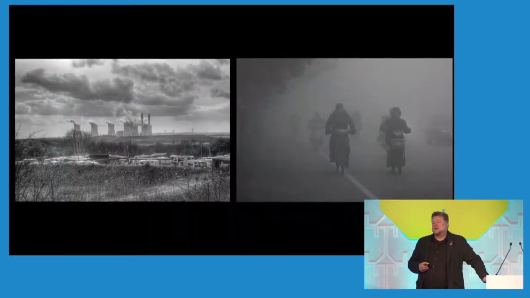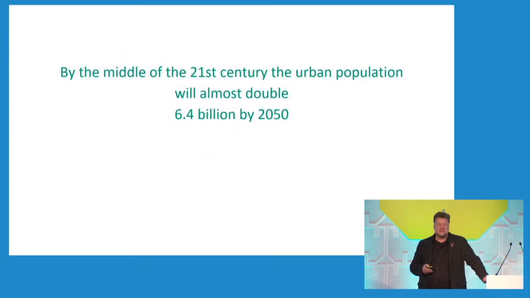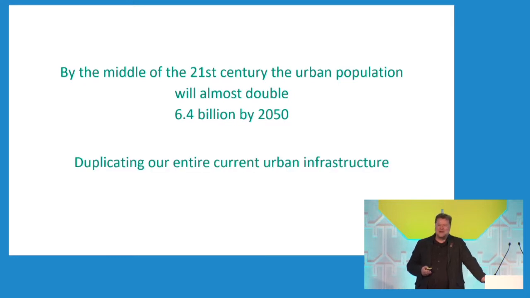So in the middle of the 21st century, the UN expects that population will increase by a third, but all of that is within cities. So it actually means that we will double the population of cities by 2050. So that means we're duplicating our entire urban infrastructure, every railway station, every airport, every city. So you can all look around and think, well, great, there's going to be a lot of work for architects, which is true, but clearly we can't go on designing and creating cities the way we currently are.